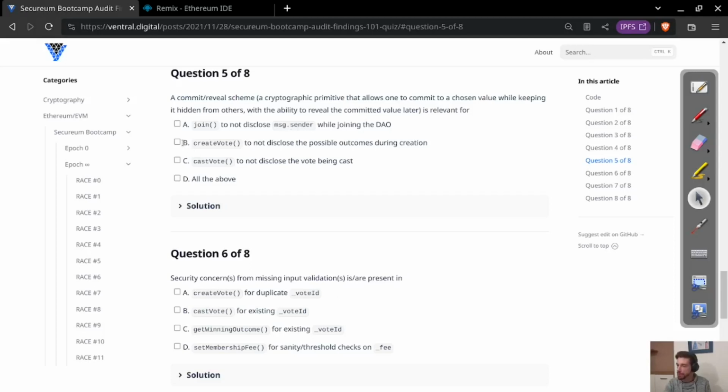Now we have B, which says that create vote could use a commit reveal scheme to not disclose the possible outcomes during creation. So the possible outcomes of a vote are basically what people are supposed to vote on. Should we change something? Yes, no. So if you make commitments for yes and no, and you don't know which one of these is yes and which one of these is no, how are people supposed to vote for it if you keep it secret until after the vote? So people voted for they don't know what, and then you reveal